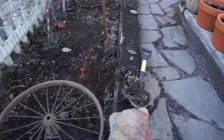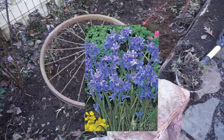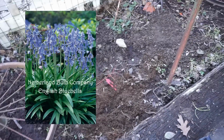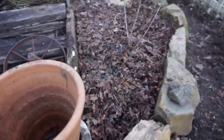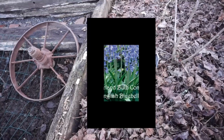This section right here is pretty much a wild bulb garden where I just let any kind of bulb grow that wants to. So it's still got the strawberries in it, it's got climbing roses, and probably about 5 or 6 different varieties of little spring bulbs. I removed the dead rosemaries because they were dead. Filled this with